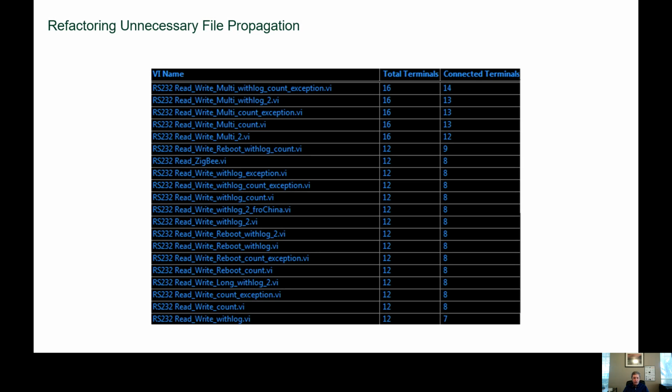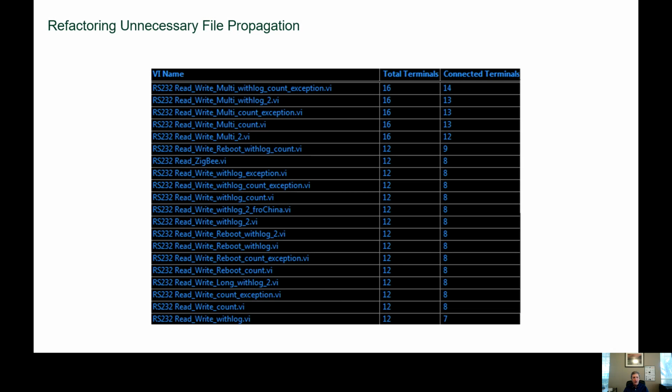Here's another pattern that I unfortunately see in a lot of customer code. They take a VI that does something, and then they realize that they need it to do something else, but they don't want to break existing code that calls that VI. So they'll save a copy of it with the change and keep around the old VI. This is terrible to try to troubleshoot when problems happen because you have to see if something was changed, from